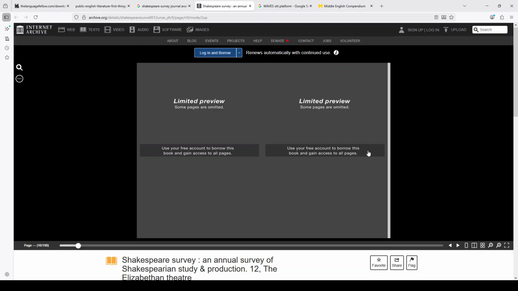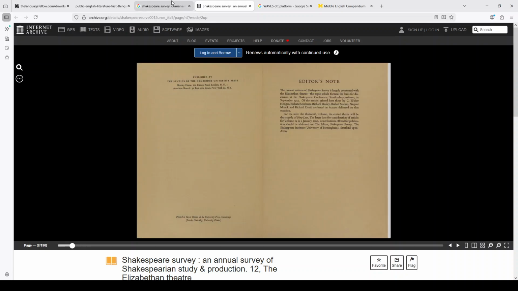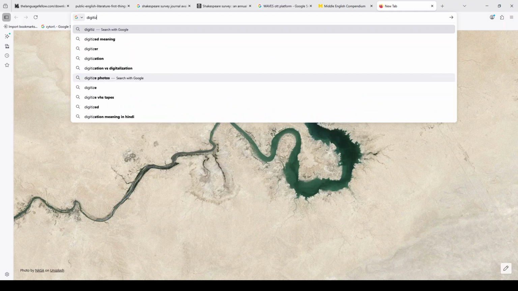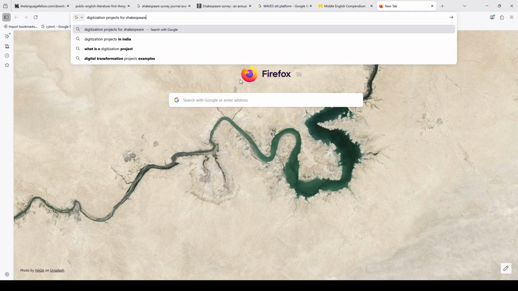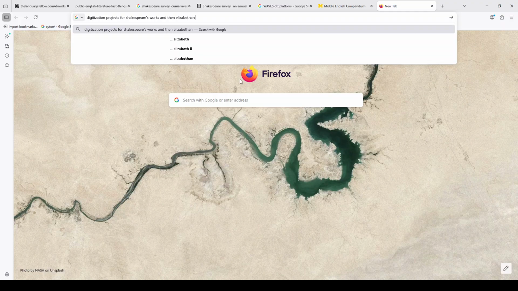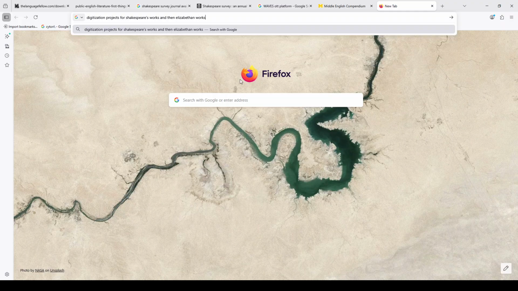You can access this on your mobile devices also. And this also reminds me, digitization projects for Shakespeare's works. And then you could talk about Elizabethan works,